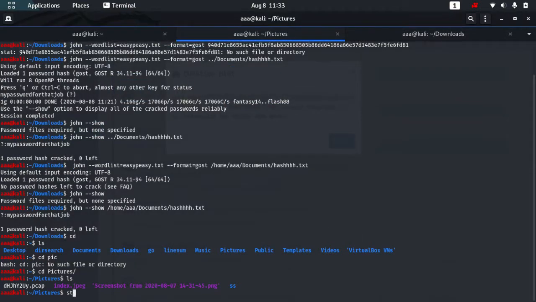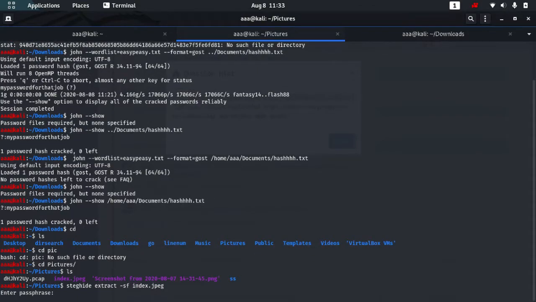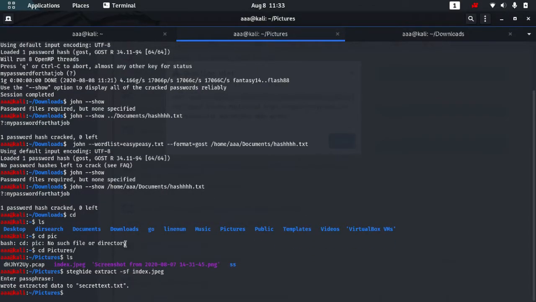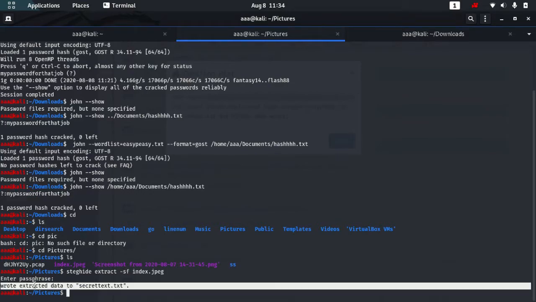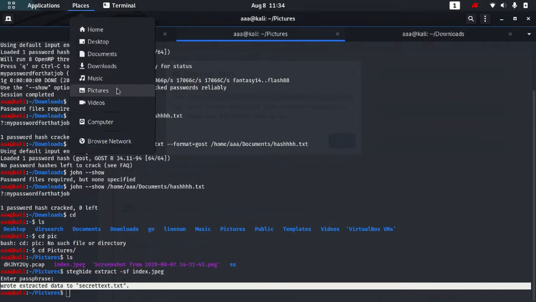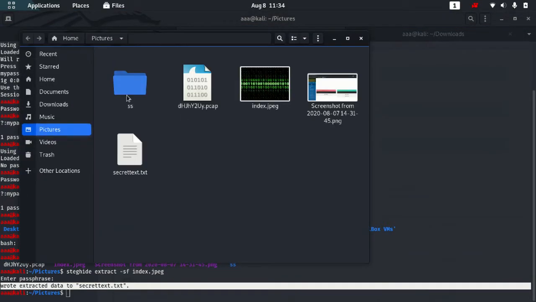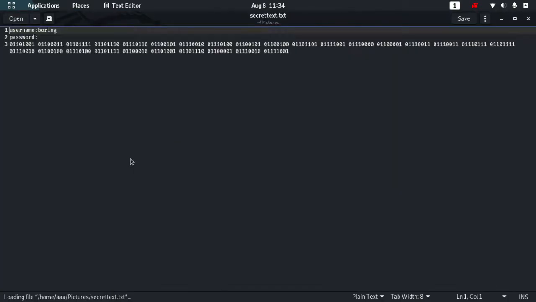So using steghide extract, because you need to extract, -sf is the name of the file, and then I think index was the name of the file, and the passphrase is this one, my password for the job. And you can see it wrote data to secret text.txt. So this picture had actually another file inside it, which is this txt file.